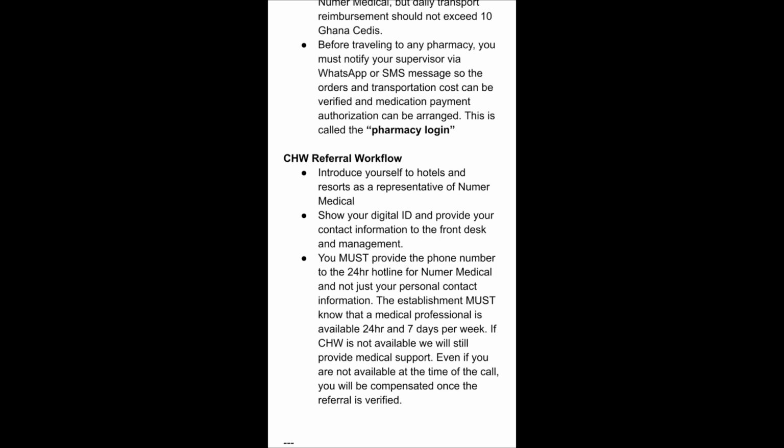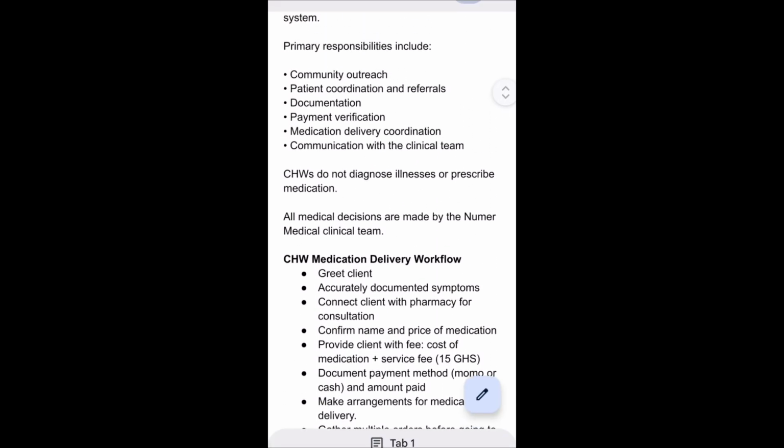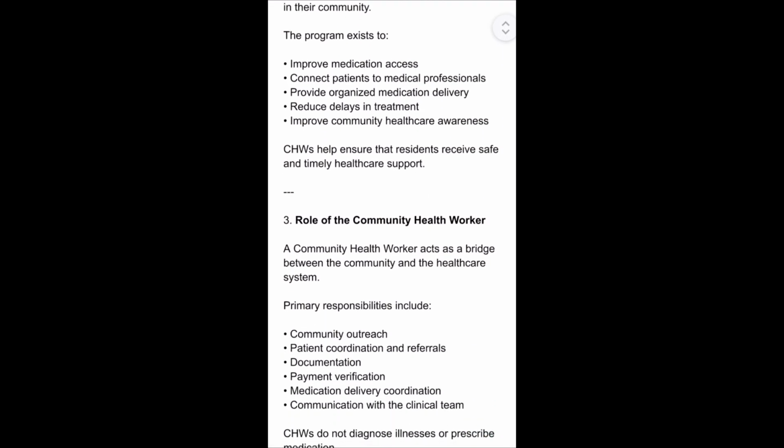And because they have your contact information along with ours, then we can verify how the referral was made, and depending on how the client makes their orders for services, we can go ahead and provide you with the commission. So this information is all in your manual under number 3, role of the community health